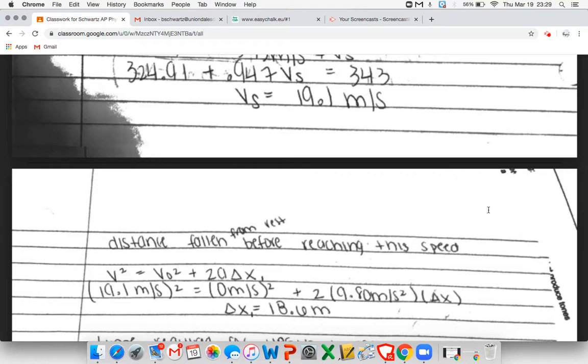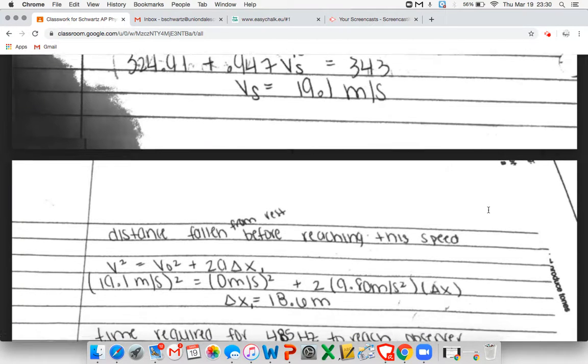Next, you need to see what the distance is before the tuning fork reaches the 19.1 meters per second. So before it changes the frequency. So that's what I did first. So I used the timeless equation because you don't know how long it took. And I used the 19.1 meters per second as the final velocity, 0 meters per second as your initial velocity. And I found that it traveled 18.6 meters until it got to 19.1 meters per